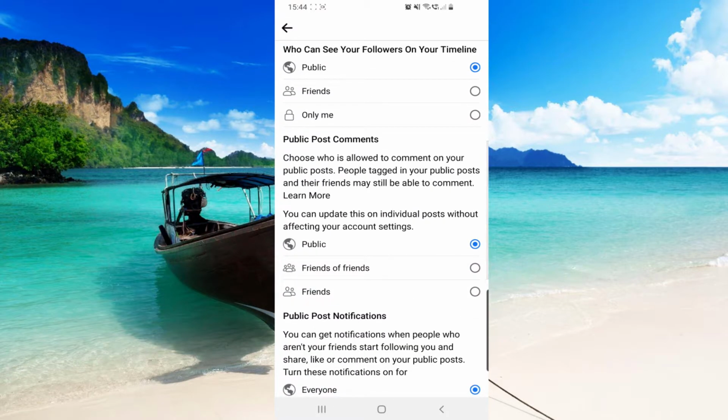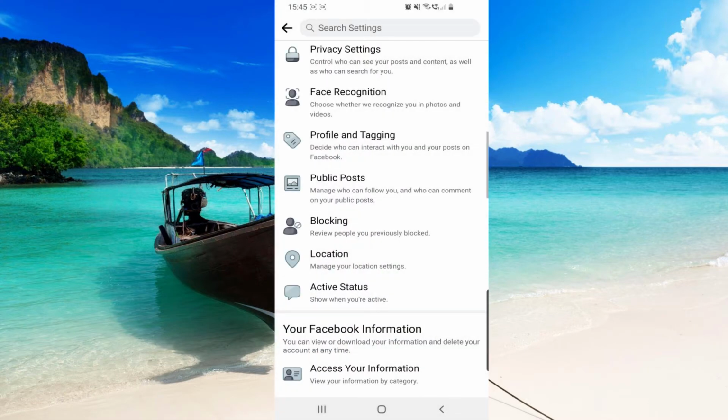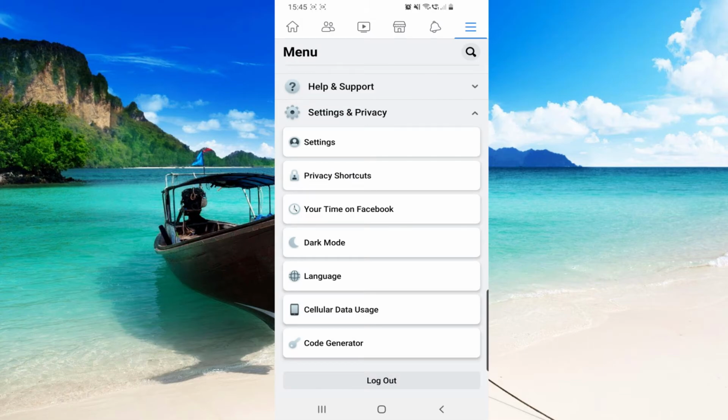And right here, as you can see, we have public post comments. So here you can choose to allow comments to the public, friends of friends, or friends. So Facebook does not have an only me or no one option, but you can set this to friends. And another thing that you can do is go to